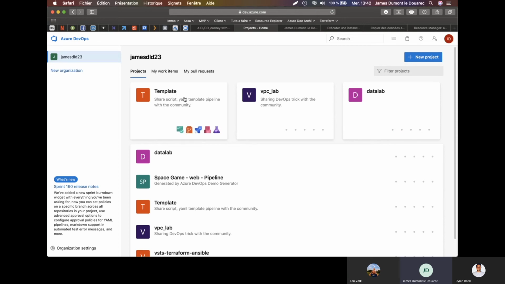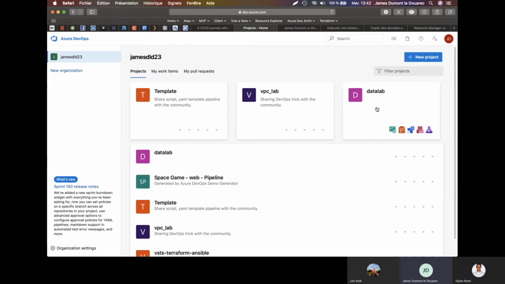Actually, at the time we are speaking, if you want to use a YAML template file for your pipeline, you need to locate this template file in your organization. So if you want to redo my demo, you will have to create a dedicated project for your template, or you will have to create a dedicated repo in another project.